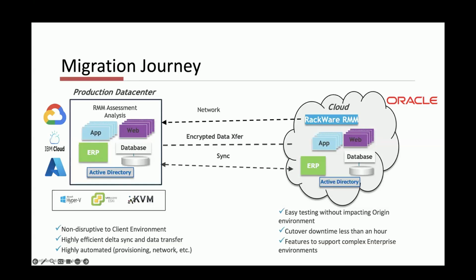So everything happens at the guest OS level. The software does not need any access to the underlying hypervisor or the cloud provider where your source servers are running. And everything happens over SSH. So the data transfer is secured. We are making use of standard, tried and tested protocols out there. The configurations from firewall perspective, security perspective are pretty straightforward. Just open port 22 inbound from RMM's IP address.